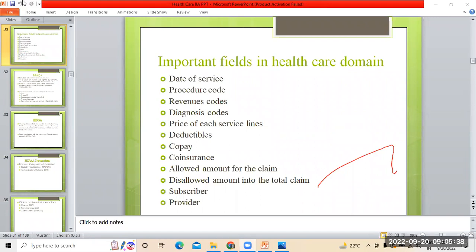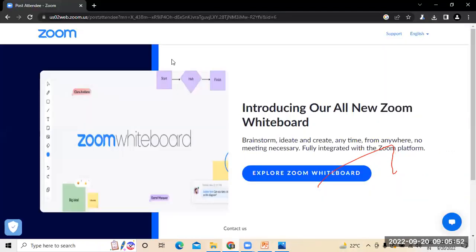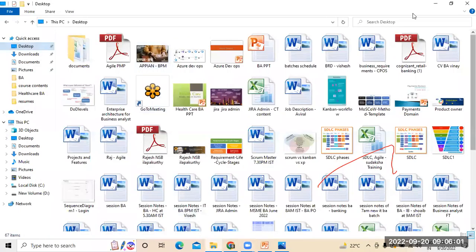For the 15th and 16th and today's sessions, did I write something in the Word document? I haven't written anything, right? If I have written anything, I'll be giving those notes to you. If I don't write anything, then there is nothing to give. Let me see the session notes, right? I'll be sharing it today because I have not explained anything on session notes.